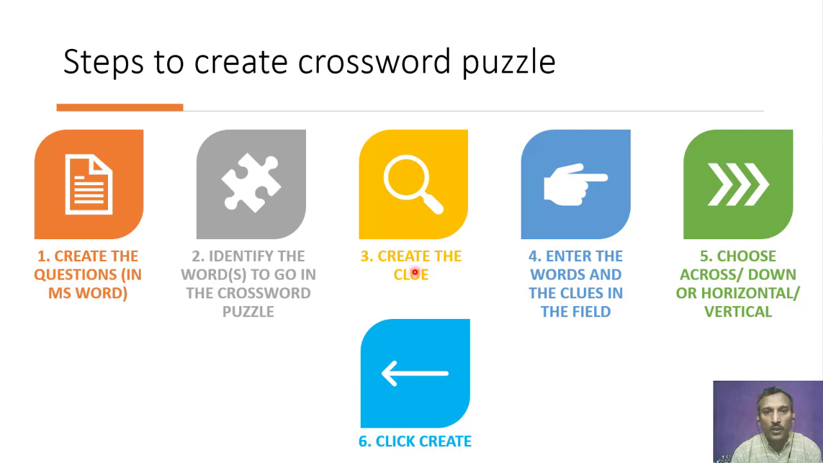Then we have to create the clues from the simple statements. We can actually create both the words that will go into the crossword and the clue. I'll show how it can be done very quickly. And then we have to enter the words and the clues in the field on the online website,